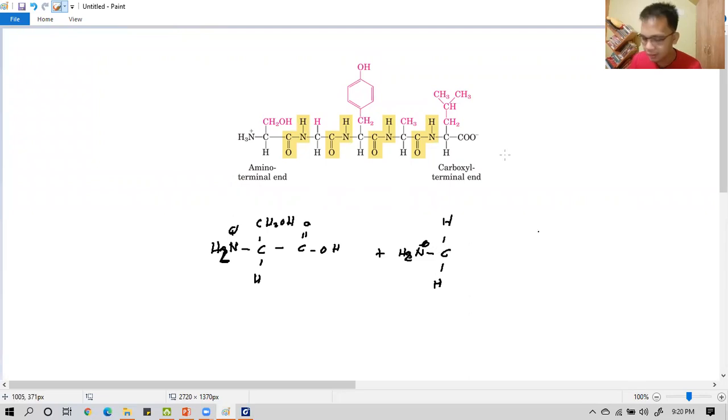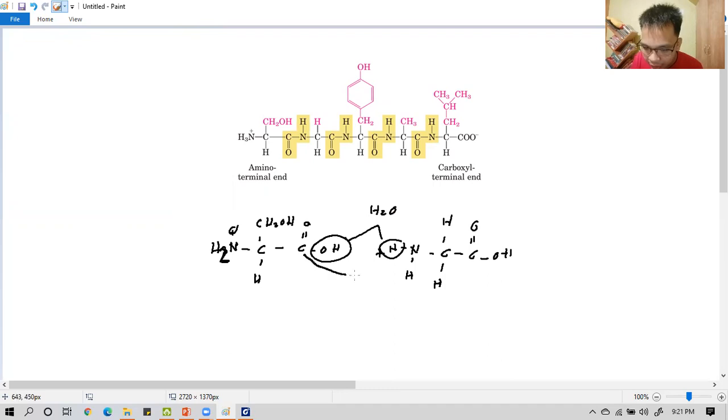And then ano yung pa natin dito? This one is glycine. I-erase ko nga. Erase natin to. Okay? Para for the convenience of all. And then here, that is N, and then H, and then H. And then we have this glycine here for the peptide bond here, and then OH. Now, kapag pinag-combine ito, guys, tatanggalin ninyo yung H natin. Tatanggalin ninyo yan in order to form a water. Now, itong C na to, and then the N na to, ito yung magbabanda natin in order to form a peptide bond. So, magiging new structure na natin dito, gagawin si NH2, that is CH2, COH, and then H here, then C, double bond O,